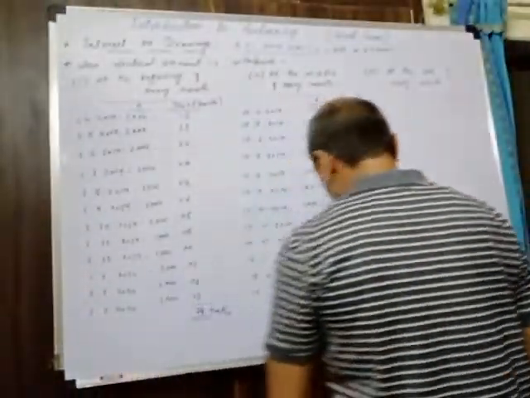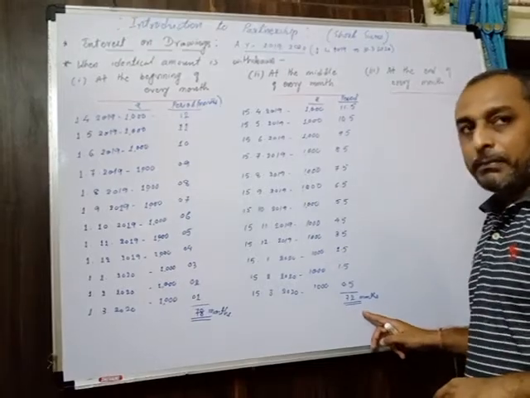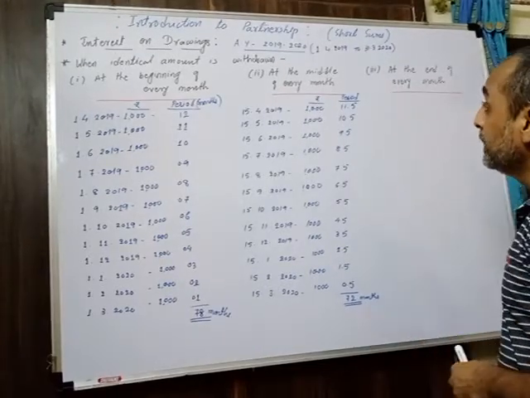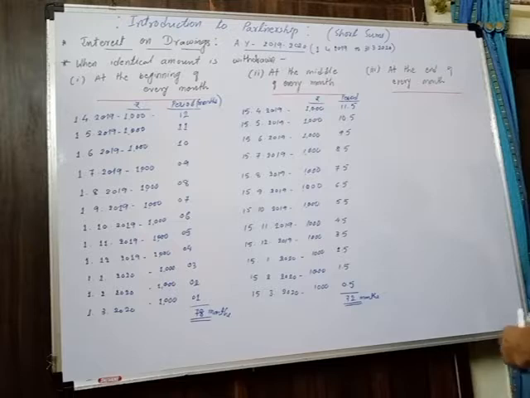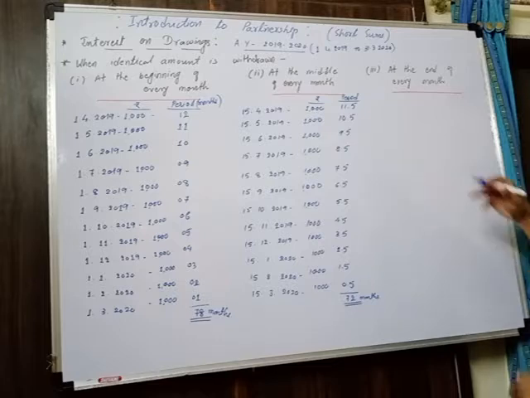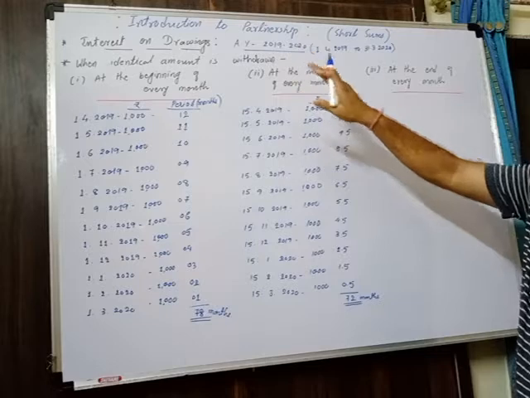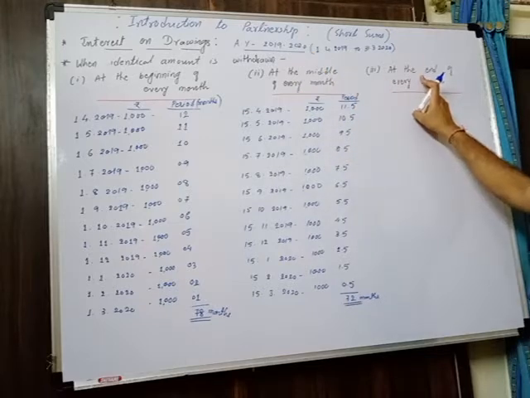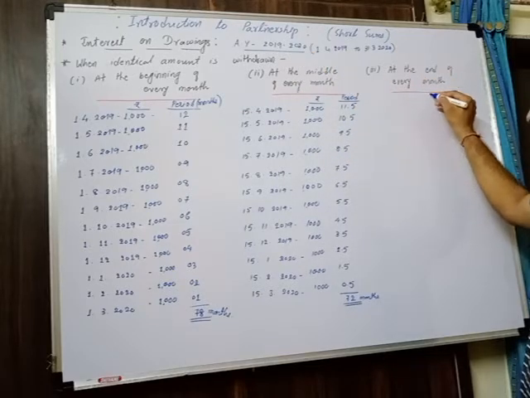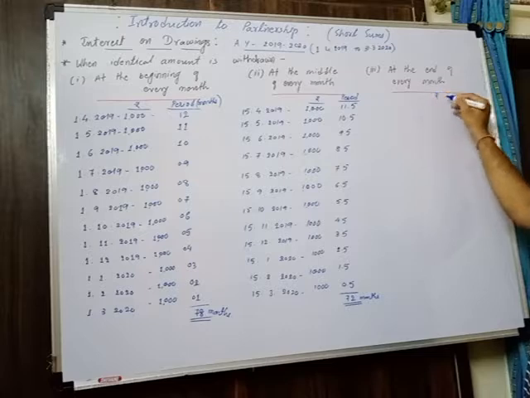Similarly, this is the period for when the amount is withdrawn by a partner at the middle of each month. The period will be taken as how many months? 72 month period. Now the last one is at the end of every month. So when the partner is going to withdraw a uniform, identical amount at the end of every month, I will show you again that same format, rupees